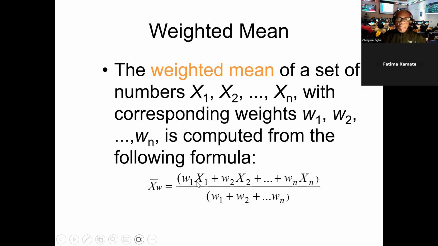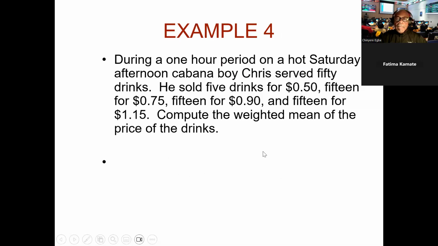Now, the weighted mean, again, the weighted mean is simply the sum of each value times its weight. And that's very easy. I mean, this weight sometimes is called a frequency. How many times, for example, does the value x1 occur? How many times does the value x2 occur? So the number of times x1 occurs is W1. The number of times that x2 occurs is W2. And then you add the sum of the weights and divide this upper value by the sum of the lower value.